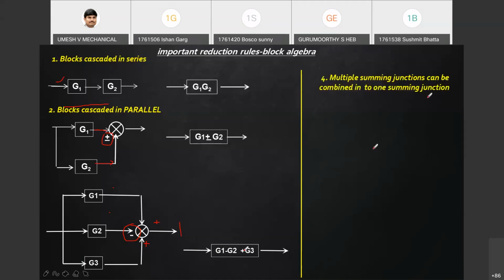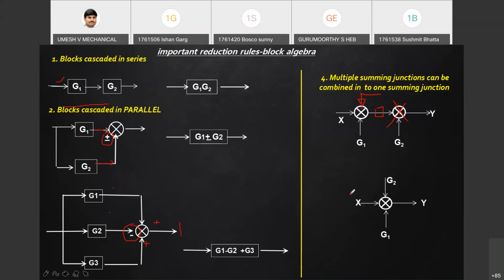And multiple summing point junctions can be combined into one summing point. Suppose in a block diagram, you see summing point 1 and summing point 2 coming, with no other takeoff point in between. Nothing is there. No signal, no blocks, no summing point. Just one after the other it comes. You can combine. Instead of writing it two times, you can keep this X input, G1, one signal. This G2 can be brought here, not a problem. And you can just remove this particular summing point. That is what we do.